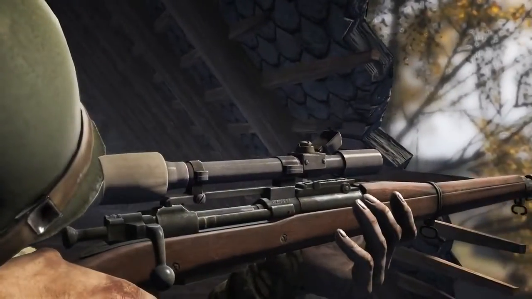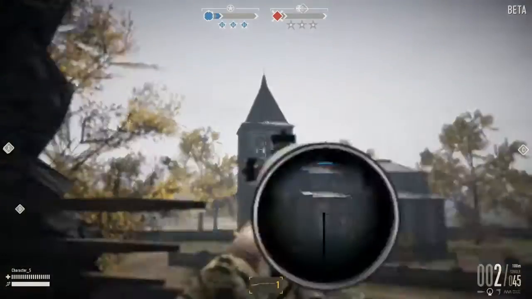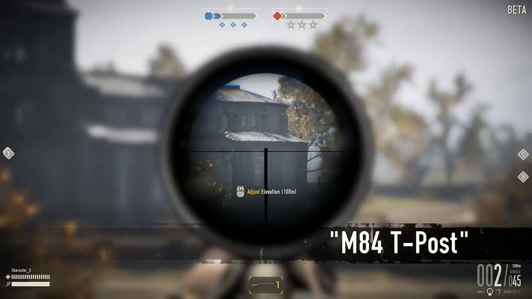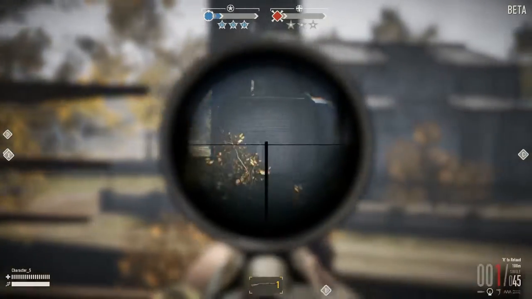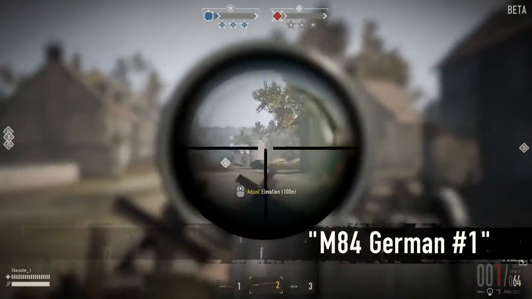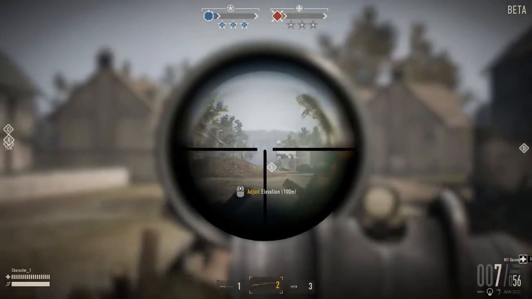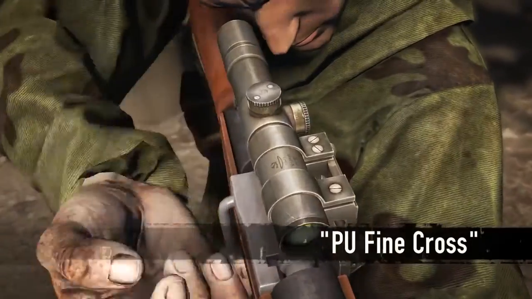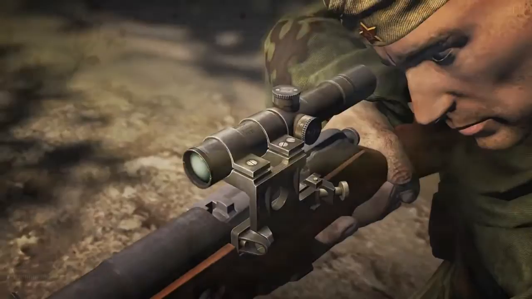One of the really exciting new things to unlock is a large range of scopes now available for a number of weapons. Let's look at some of the new scopes. The M84 T-Post scope has a 2.2 magnification zoom, a T-Post reticle, and is available for most rifles. The M84 also exists in other versions, for example with a German No. 1 reticle. Infantrymen and paratroopers have access to a limited set of scopes for a few weapons, while recon soldiers have access to a much wider variety, like the Soviet PU Fine Cross scope with 3.5 magnification factor and a fine cross reticle,